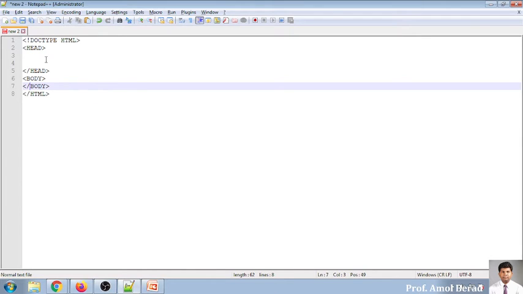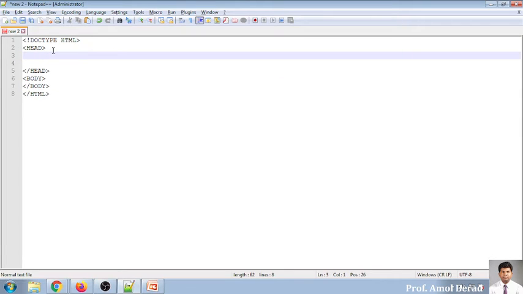So I'm opening and closing. Now these are called double-ended tags. Double-ended tags means what? The tags which are opened and which are closed are called double-ended tags. There are many tags which are singleton tags, so we'll have a discussion on that also. So this is a basic skeleton, whatever is required.